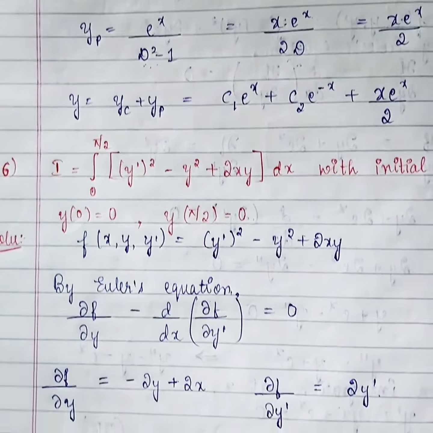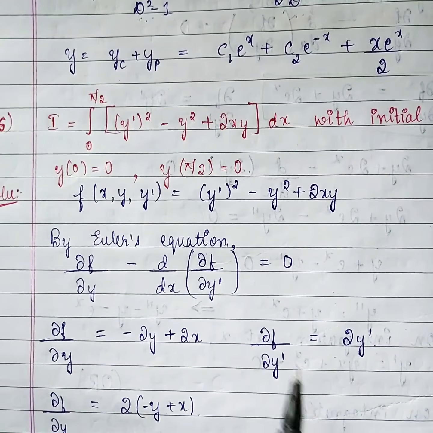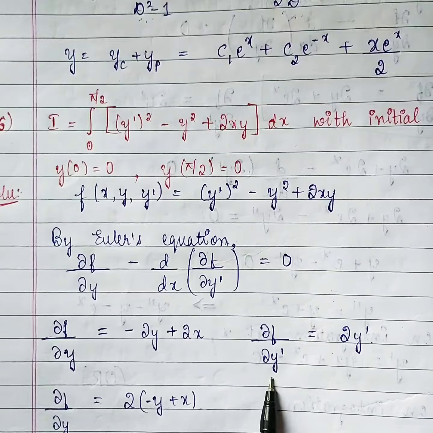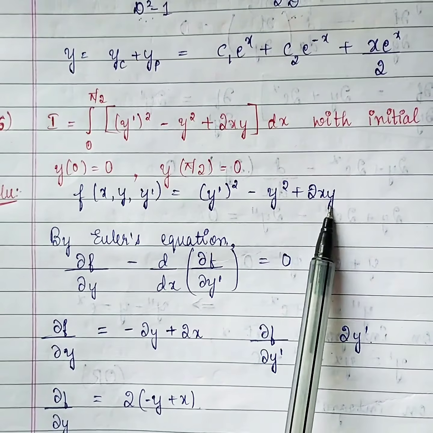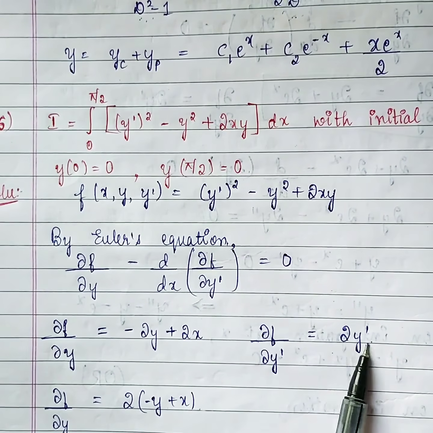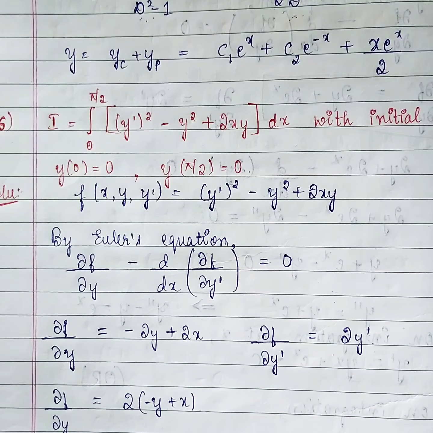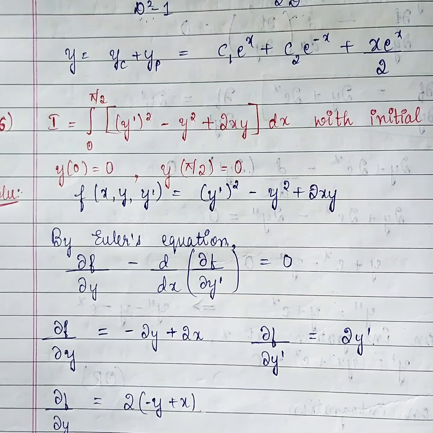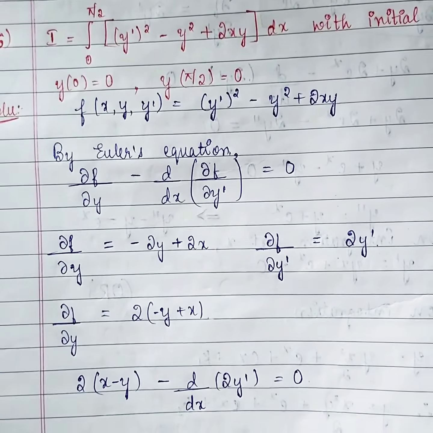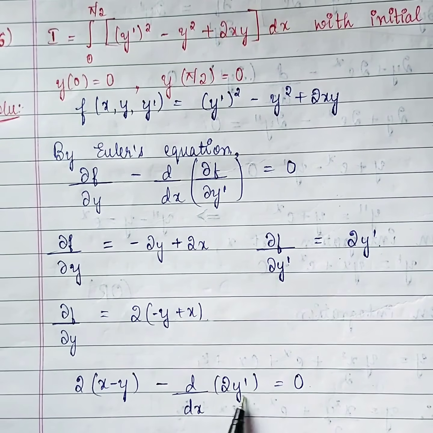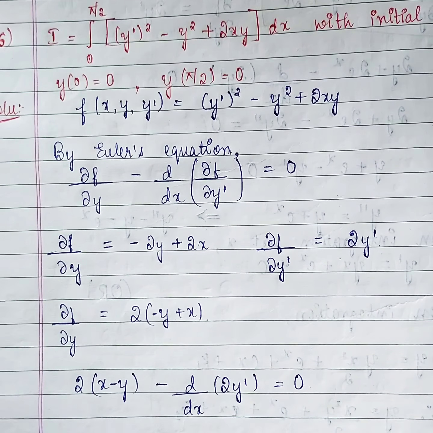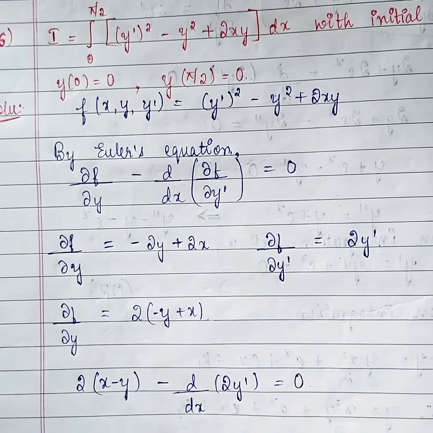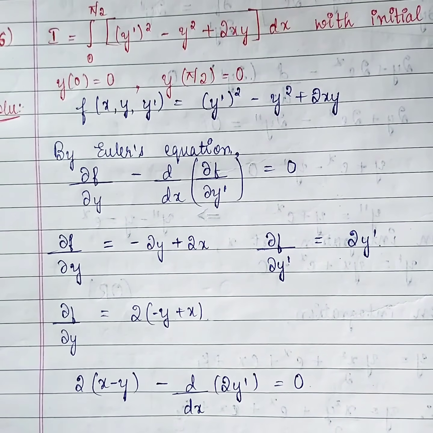Please check the steps carefully. Del f by del y dash, with respect to y dash, means this 0, y dash square, 2y dash, and then substituting these values in the formula we will get 2 into x minus y minus d by dx of 2y dash is equal to 0. So differentiation of 2y dash is nothing but 2 into y double dash, same as the previous problem,